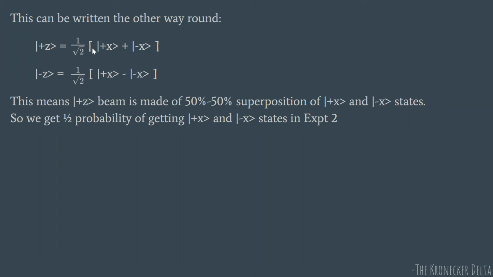How do you find the probability? You square the probability amplitude. So the 1 by root 2 term is common, right? Here also 1 by root 2 and here also 1 by root 2. So the probability is 1 by 2, probability is 1 by 2. So there is a 50% chance of ending up in either state. So whenever you're representing any state and you write certain coefficients with the basis, these coefficients represent the probability amplitudes.